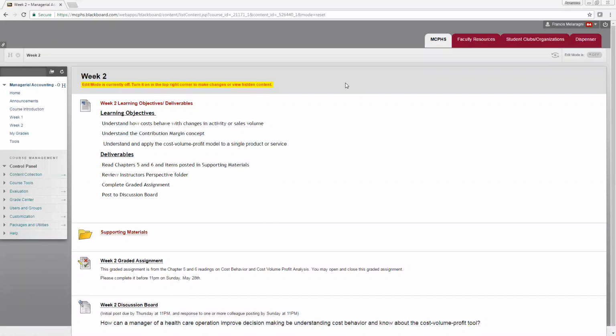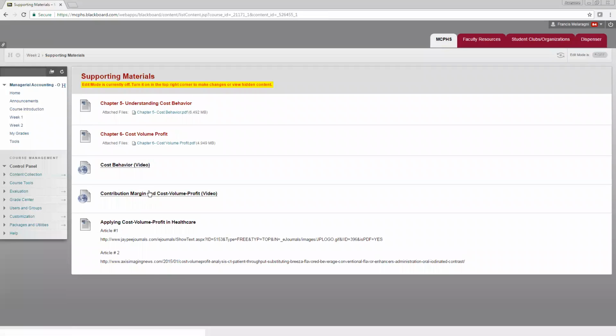This week we're going to focus on two topics that are closely coupled, cost behavior and cost volume profit analysis. So you'll need to read both chapters 5 and 6, and I've also posted some supporting materials here which I hope will be helpful to you. These are some short videos and a reading that demonstrates how cost volume profit might be applied in a healthcare